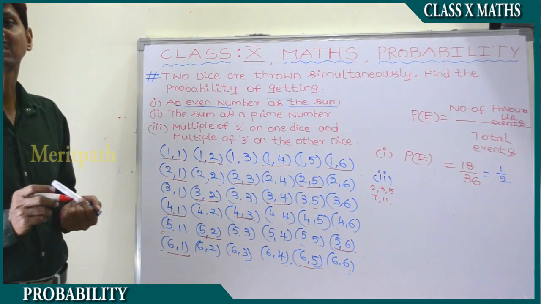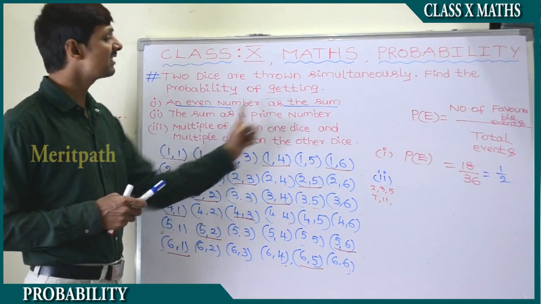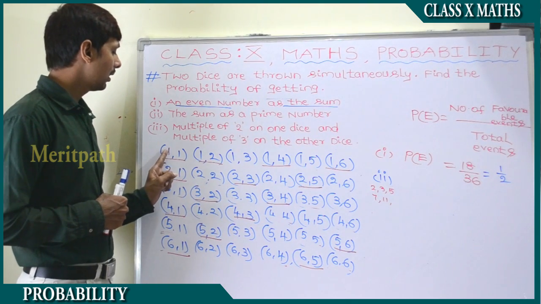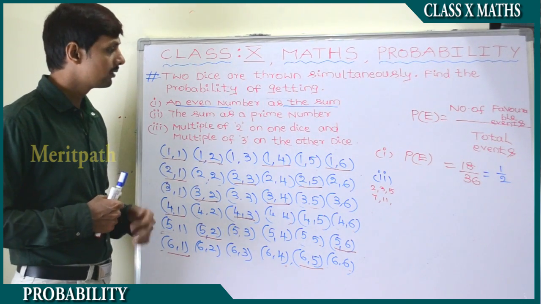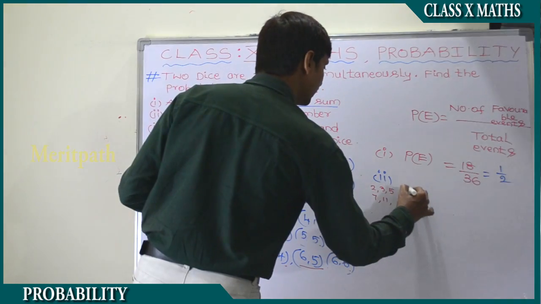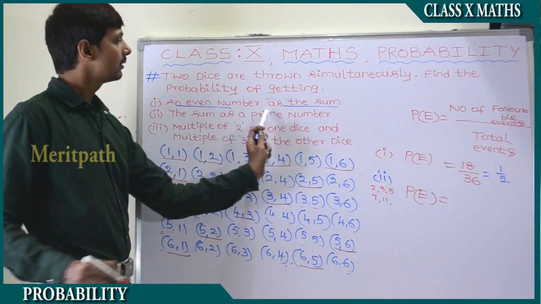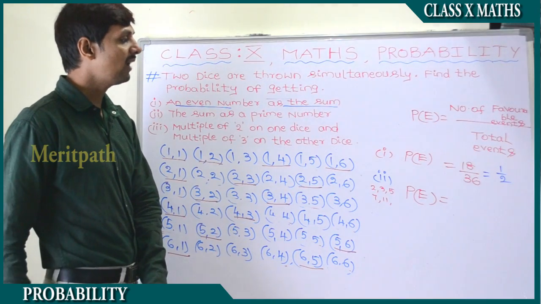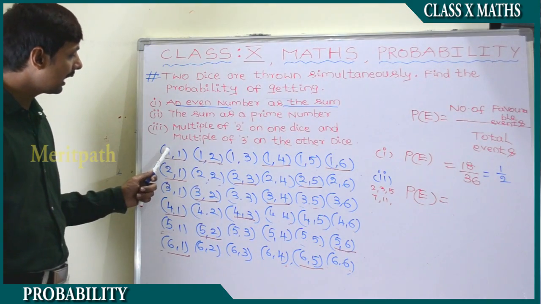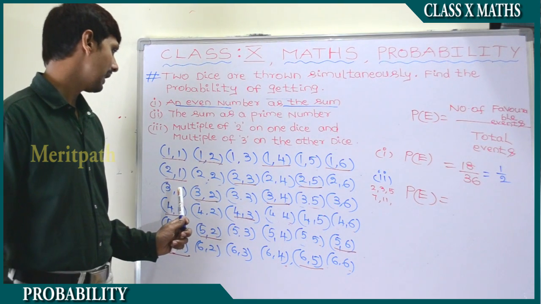So these are the prime numbers we got, the prime number as a sum. Here we got all the situations where the sum is a prime number. So let's find out the second situation, the probability of an event when the sum is a prime number. Let's find out how many events are possible: 1, 2, 3, 4, 5, 6, 7, and then